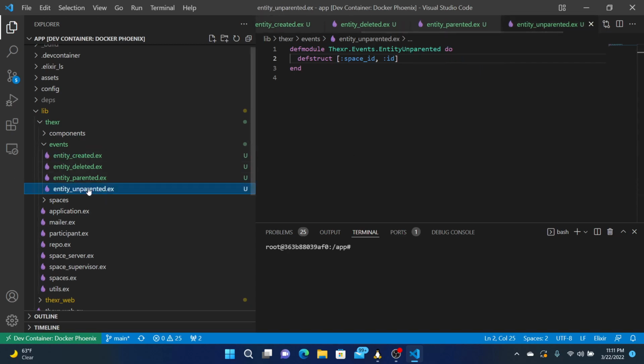Okay, what else? Someone can move something, so I think it's better to say that something was moved, scaled, and rotated.